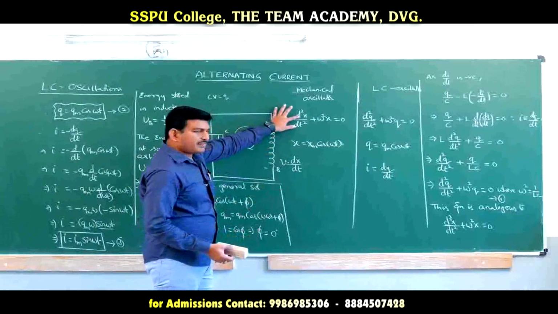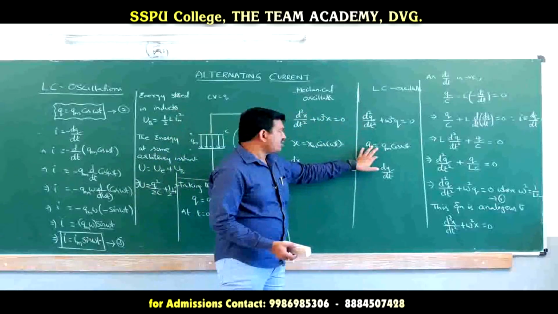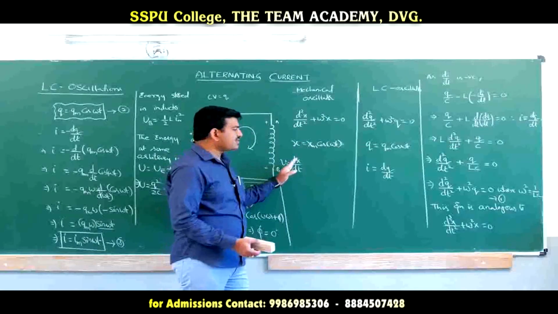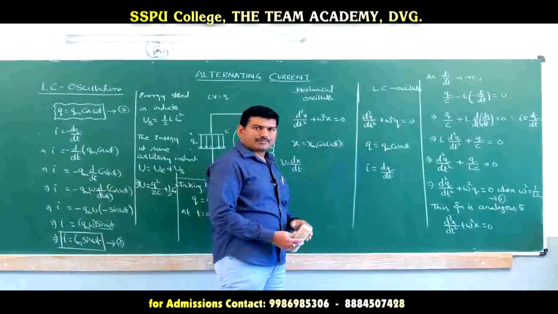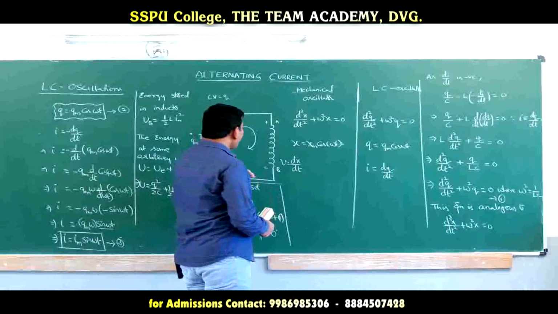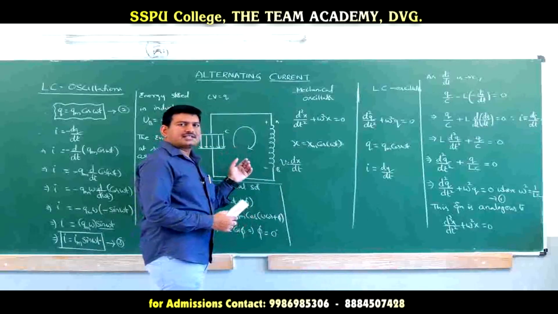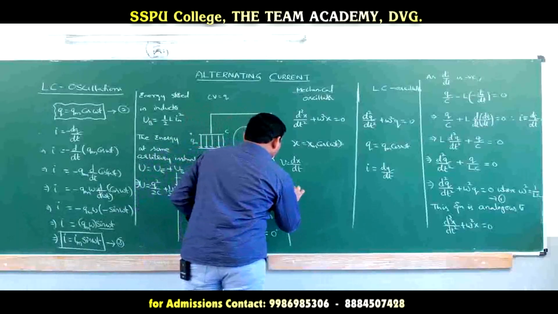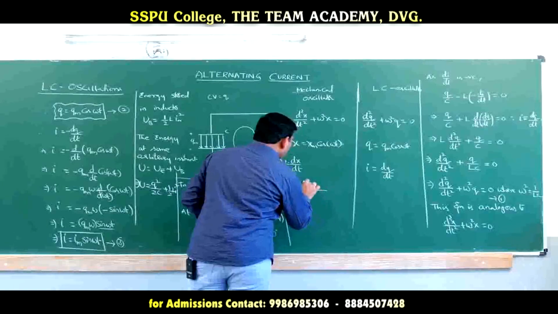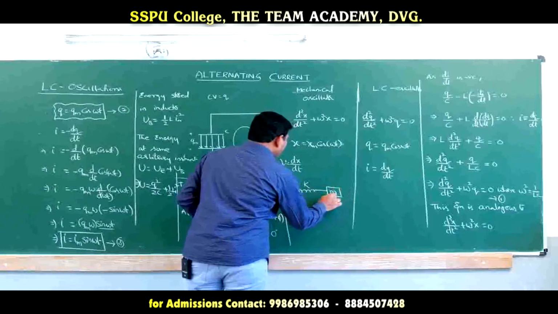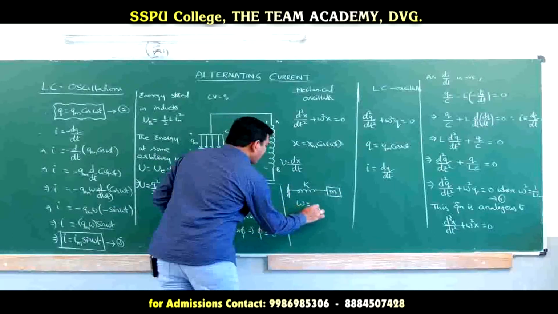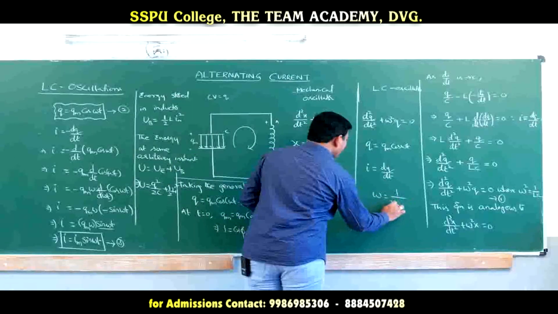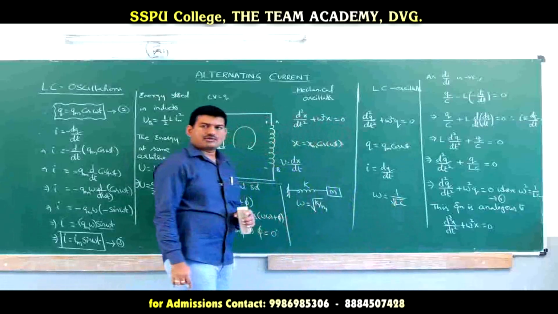So x is representing the displacement, q is representing the charge. So the displacement term is analogous to the charge term. The velocity term of the oscillator is similar to that of current in the LC oscillator. Is it clear or not? And here one term is representing the potential energy, and the other term is representing the kinetic energy. If you consider a mechanical oscillator like this, a spring with spring constant k connected to a block of mass m, ω can be written as square root of k by m, yes or no? And here we got ω = 1/√(LC).